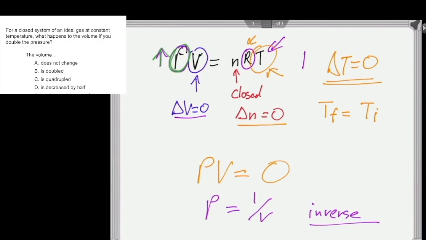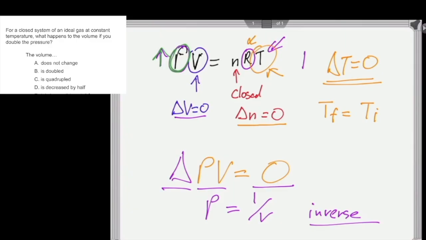Even if we didn't look at the magnitude, D is the only example that can go down, right? No, delta, sorry, not PV equals 1. What I mean is, think of it this way. Delta PV must equal 0. The product of the change between pressure and volume, P1 V1 must equal P2 V2, right? That the equality must be held.